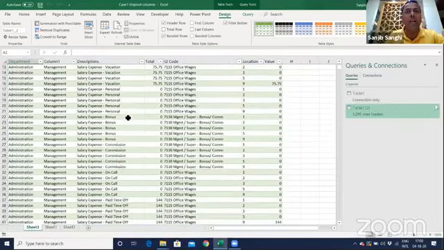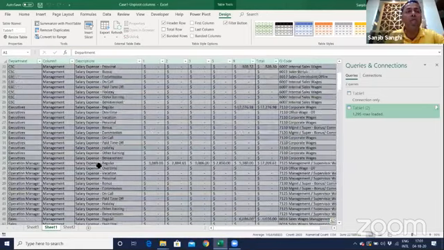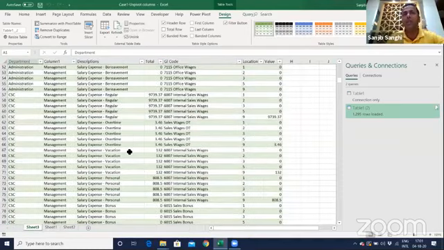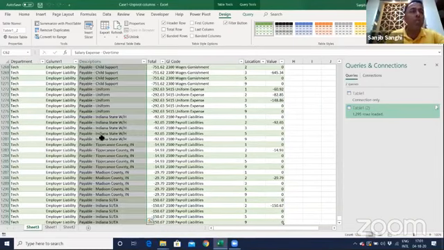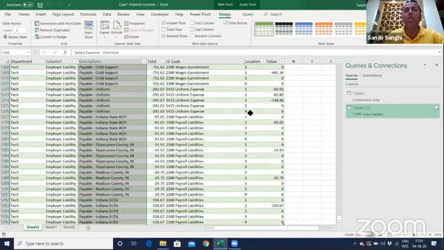And boom, all my data is right over here in a table format. The beauty is that if tomorrow I go back and change anything over here, this will automatically be updated by hitting refresh. That's the power of table. So now I can make a pivot chart of this. And if you see over here, if I hit Control Shift down, I get this 1296 rows with all the location as a separate row for me. You can never do this manually in any Excel feature except in Power Query.